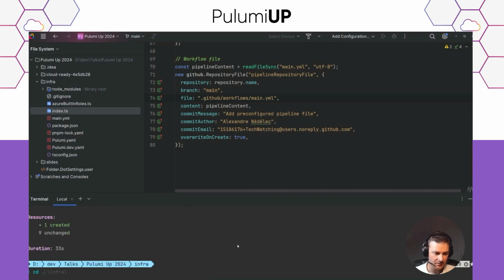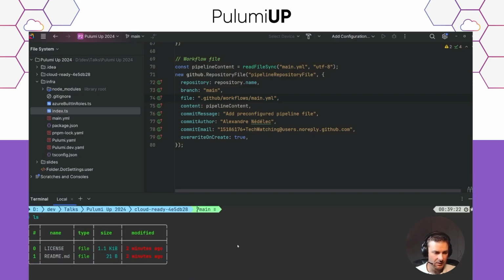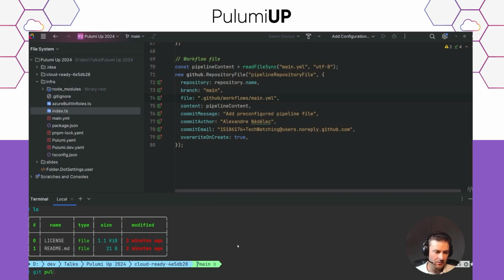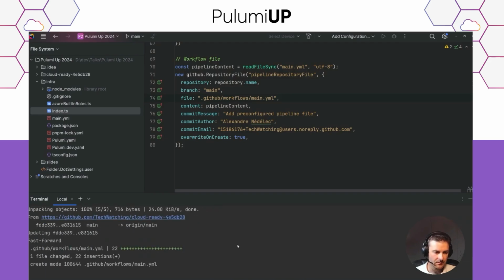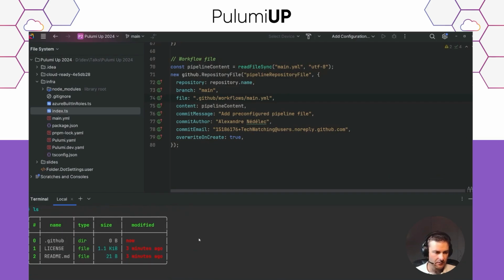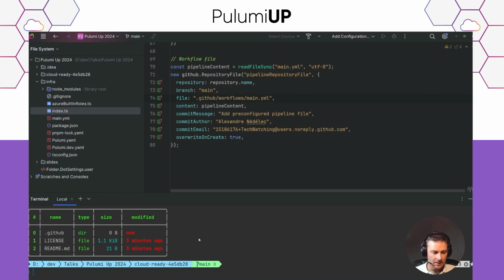Okay, it should be good now. So let's come back to our repository. We can do a git pull. Okay. So we have everything we need now. And so what we can do is run our pipeline.